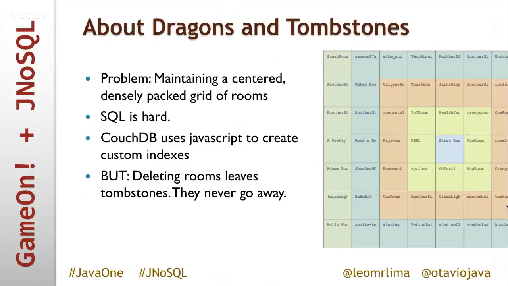So it's X and Y. And then you see the colors as they go away from the center. You can see different colors and all that. It's easy to render as well. If you try to render a 3D map, it's harder. So the use case we're trying to solve with the map microservice is maintaining a center, densely packed grid of rooms. And we can do this with many choices, and SQL is hard, and it's something from the old days, and we don't want to use this.